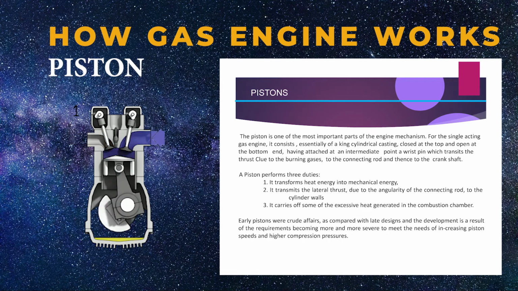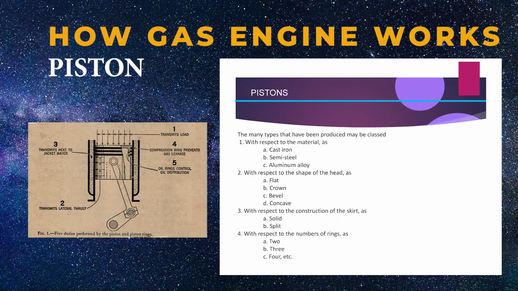Early pistons were crude affairs as compared with late designs, and the development is a result of the requirements becoming more and more severe to meet the needs of increasing piston speeds and higher compression pressures. The many types that have been produced may be classed: 1. With respect to the material, as A. Cast iron, B. Semi-steel, C. Aluminum alloy. 2. With respect to the shape of the head, as